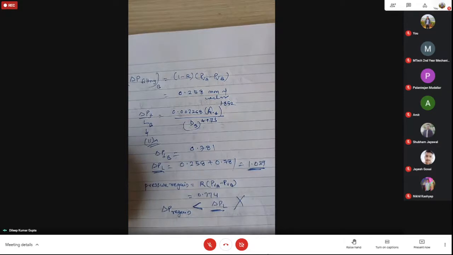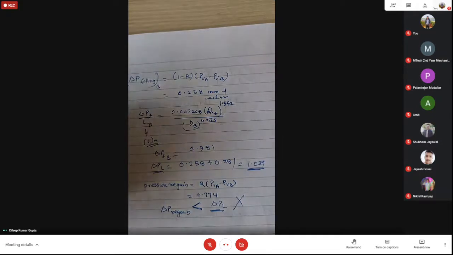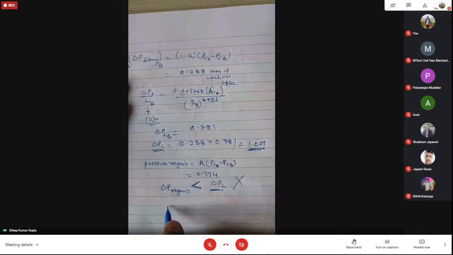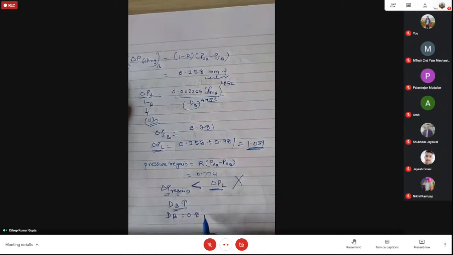So changing the diameter means what? If we increase the diameter, what happens? The friction losses is going to reduce, the first point. And at the same time, the velocity is also going to reduce because we are increasing the diameter. We'll again check it for the higher value of this diameter. So if it is less than this one, we'll try to increase the diameter. So we'll change the diameter with a higher value. So now d_B will be taken as, let us see, 0.8, instead of 0.78 we take 0.8 meter.